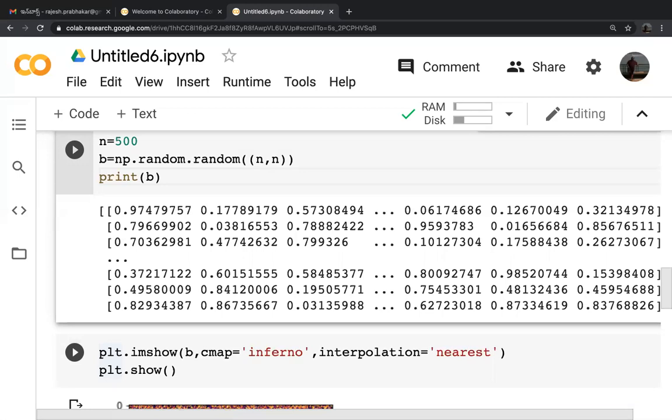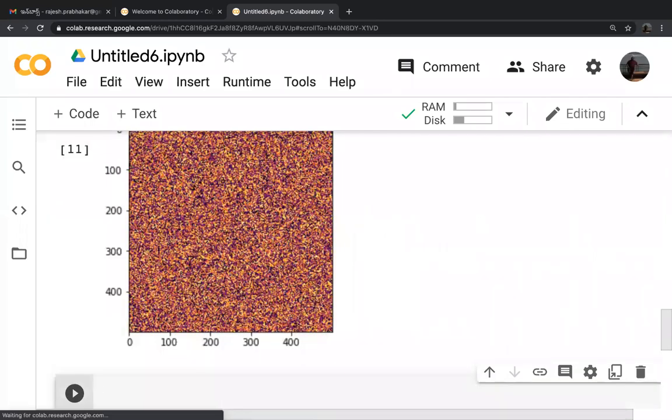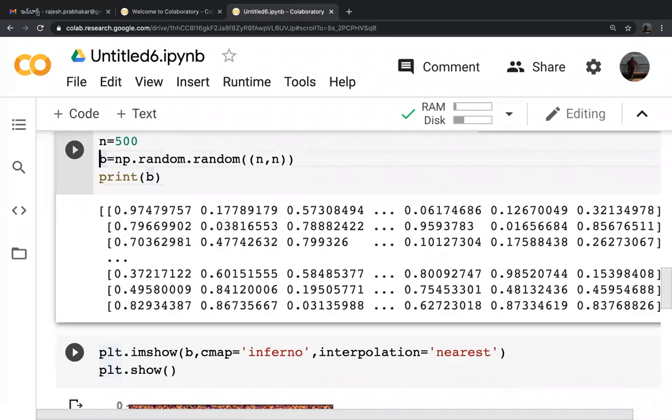So NumPy arrays, when passed into matplotlib imshow, will convert the arrays into images. This is the one important thing you need to understand. This is where NumPy is widely used in image processing. So all of you got this, right? How to create a simple array, and that array will be pushed into image processing.